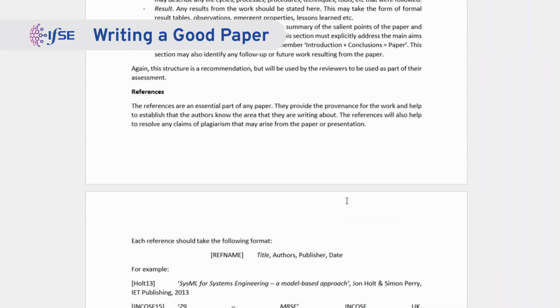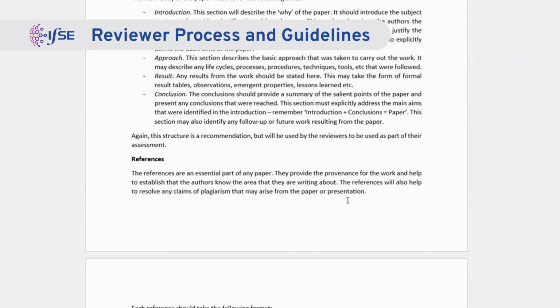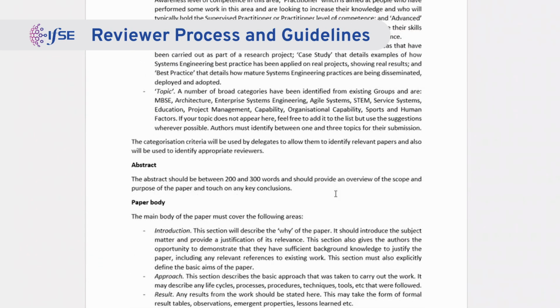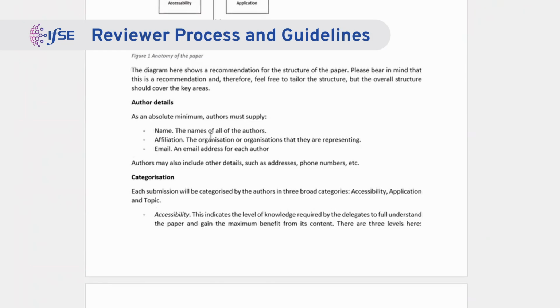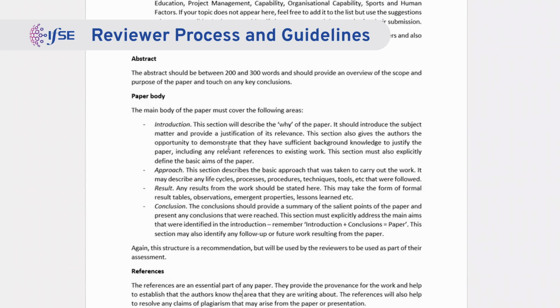Also, we now do have a Word template for the paper. When you submit, it must be in Word, so I must be able to edit it. The main reason for that is I need to be able to redact some of the information, particularly the name and the affiliation information, so the author details: name, affiliation, and email. We do try to anonymize the papers, but there's only so much we can do towards that. So obviously we'll take your name out, in your biography, and any affiliation.